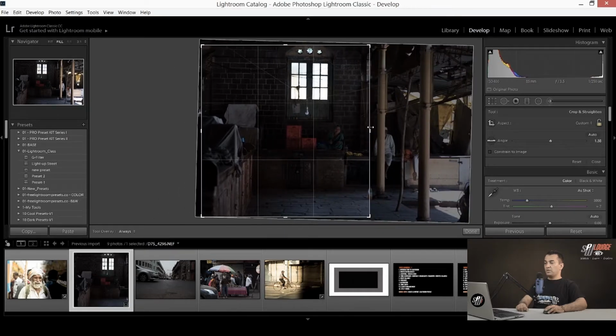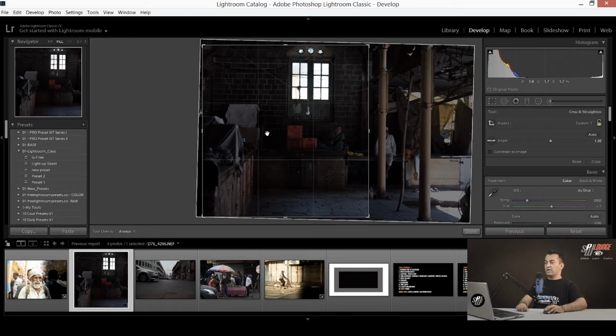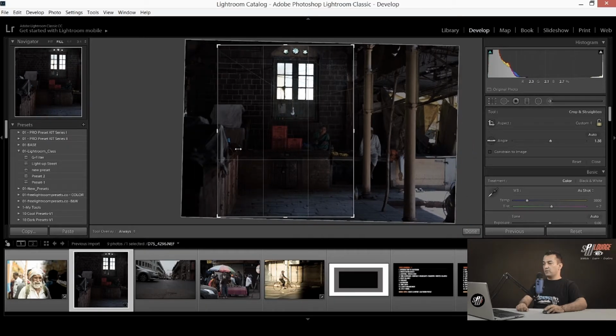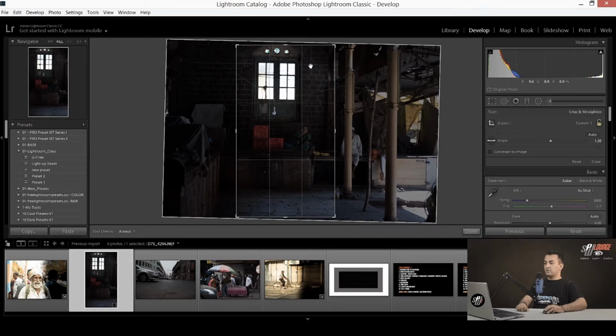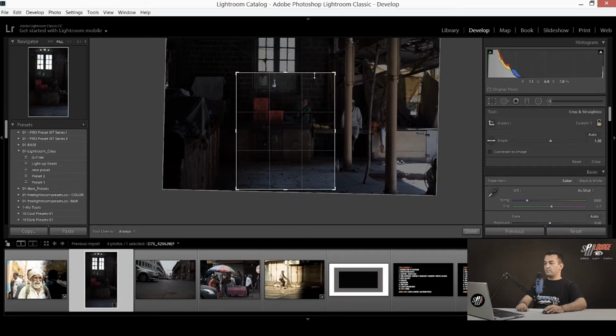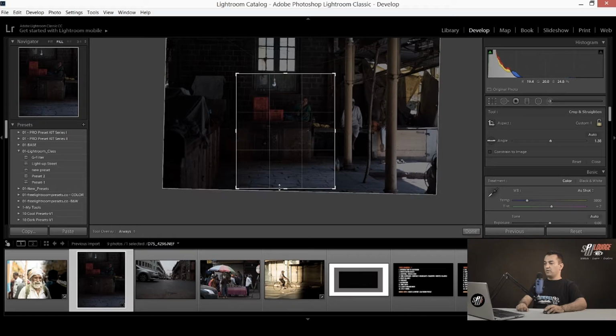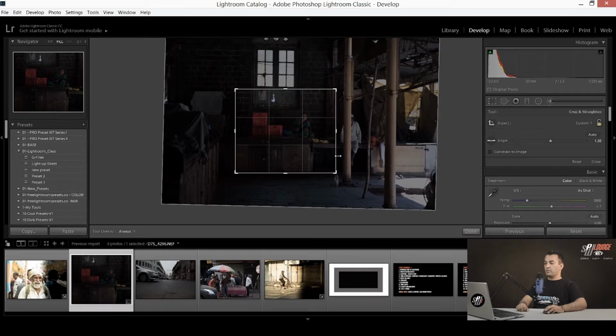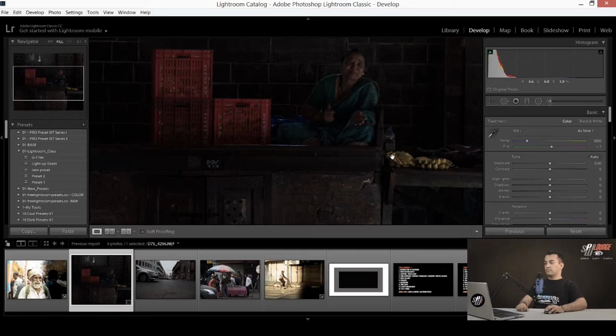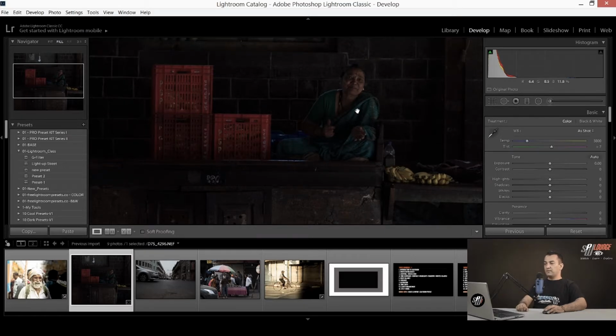And when we are working with composition, we have to make sure we keep our subject around the rule of third lines. So I'm using rule of third here. So I'm keeping my subject on one of the vertical lines. I'm keeping my focal point around the face of the subject. So when I click done, my composition is ready.